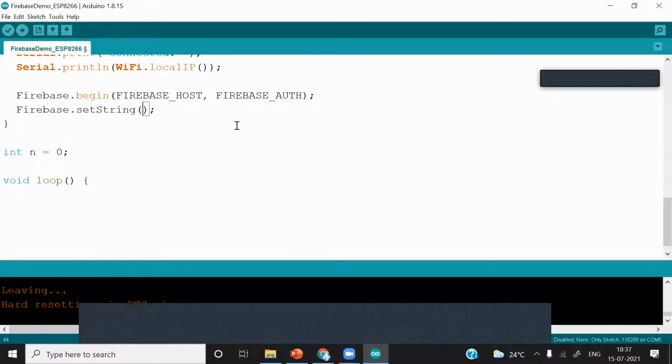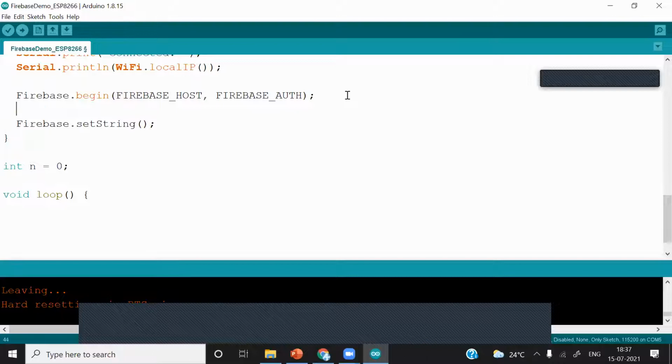What I will do, I will create one path. You can do it here also. There is already an available data type in Arduino, that is string. You do not have to create character arrays separately. So just type the data type string, and I will assign one string to it.